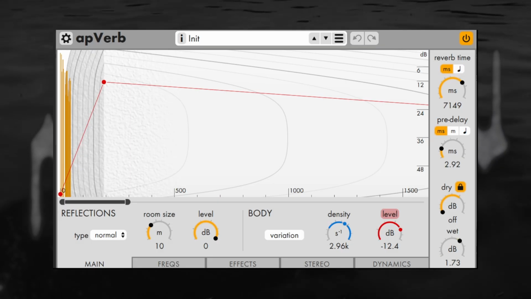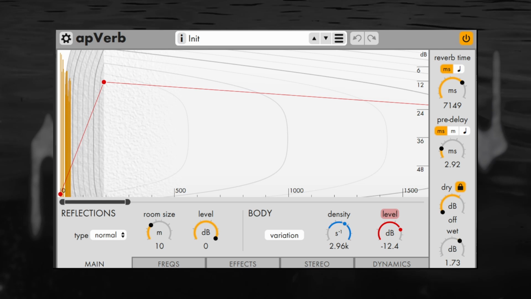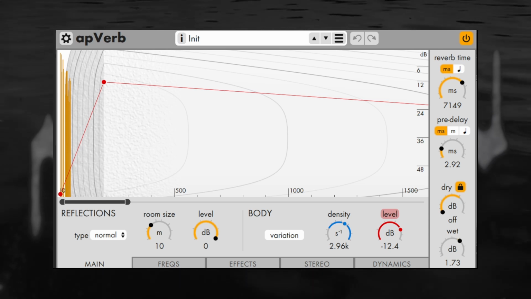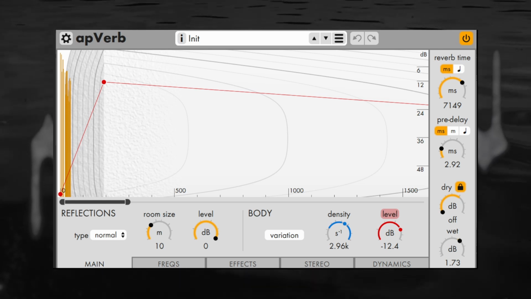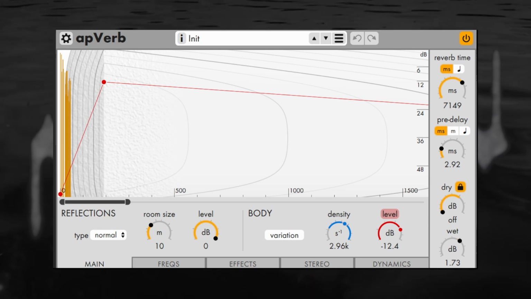apVerb is a reverb built out of thousands of delays that act pretty independent of each other, and can independently be processed, allowing you unusually detailed control over the reverb tail. The delays are all spaced based on randomly generated velvet noise to create a smooth, resonance-free reverb tail. Velvet noise in essence just means a type of randomly generated noise where a sample is either 1, -1, or 0. apVerb further decorrelates this to make sure repetitions are avoided, which could otherwise create unwanted resonances in the reverb